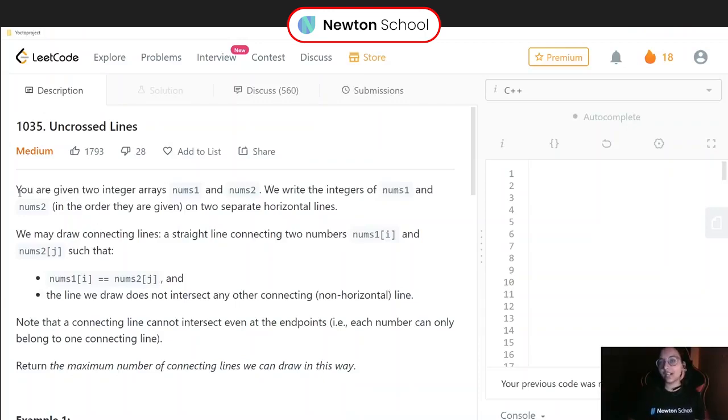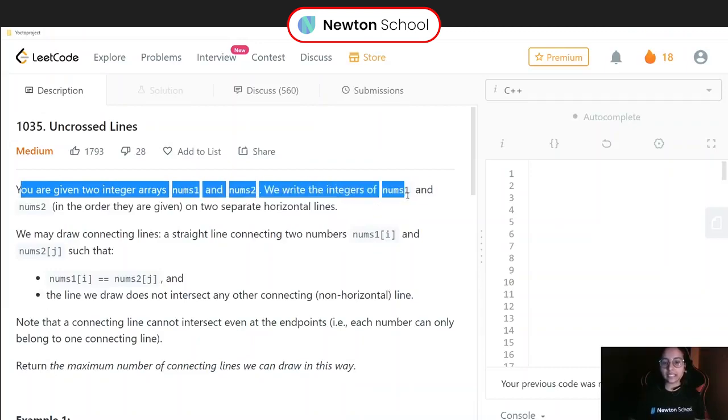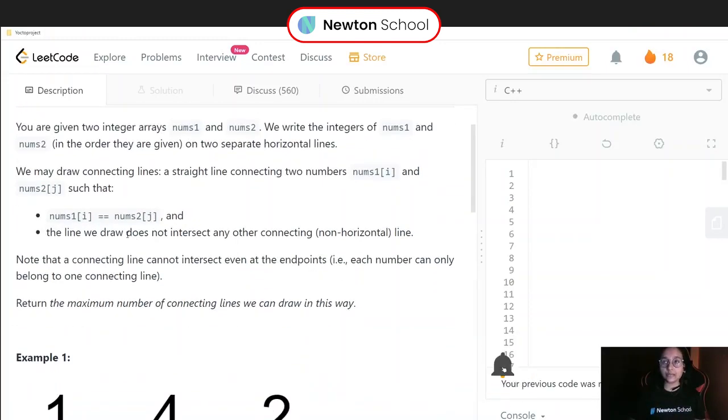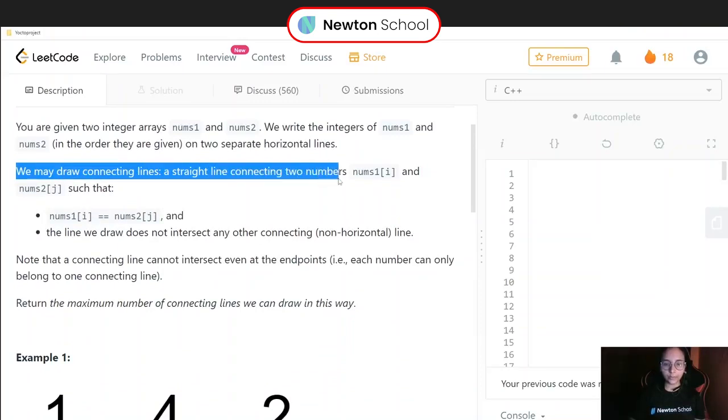You are given two integer arrays nums1 and nums2. We write the integers of nums1 and nums2 in the order they are given on separate horizontal lines. The next thing given to us is that we may draw connecting lines, a straight line connecting two numbers nums1[i] and nums2[j]